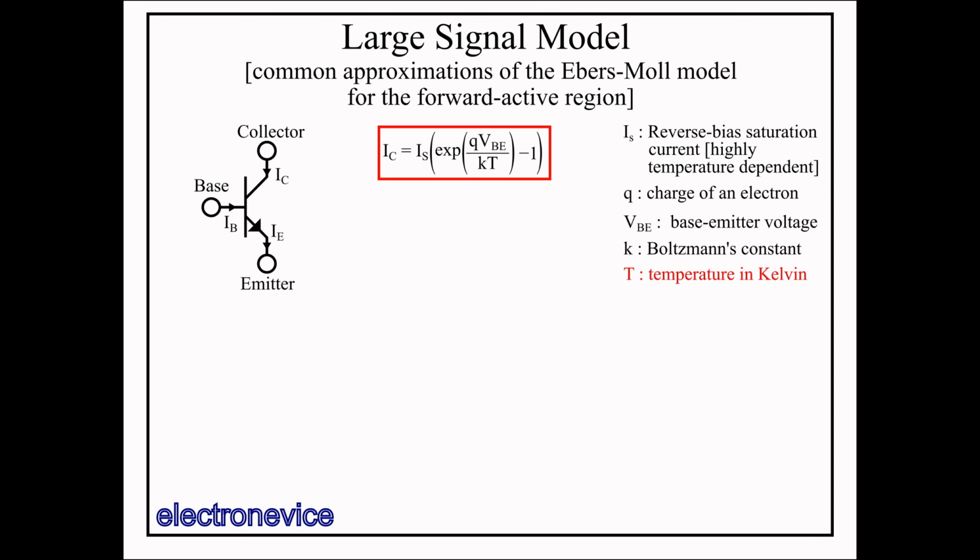Note that IS is highly dependent upon temperature, which is worth noting even though it is rarely written as a function of temperature, in spite of temperature appearing as a parameter elsewhere in this equation. The second equation in our large signal model defines the relationship between collector current, emitter current, and base current. The base current is effectively a kind of leakage into the base that is proportional to the collector current. This leakage is captured in a parameter called alpha, which is equal to the ratio of the collector current to the emitter current. We won't discuss where alpha comes from right now. We'll save that for later videos.